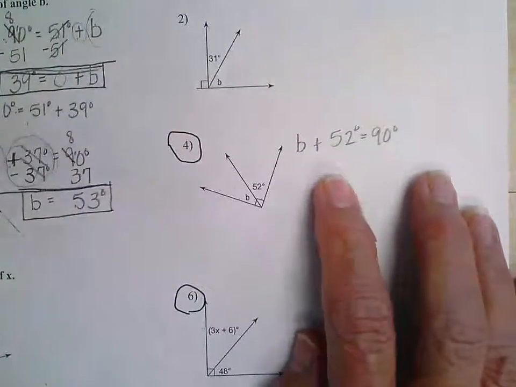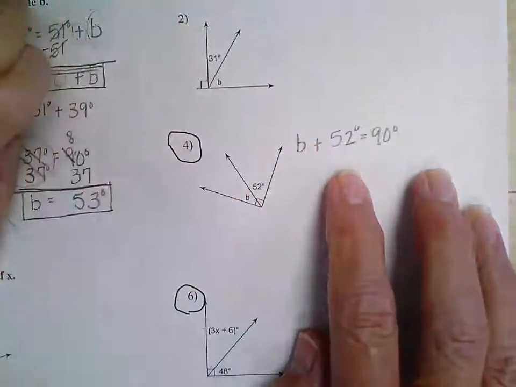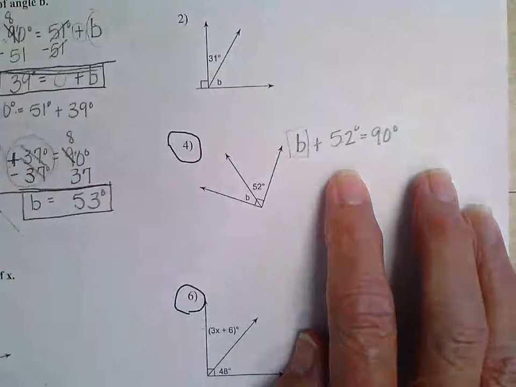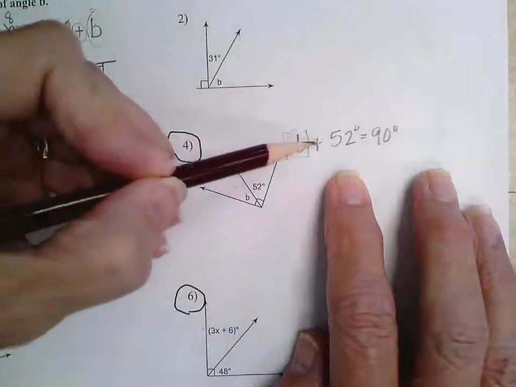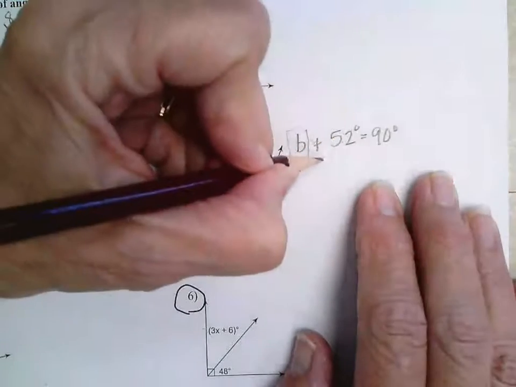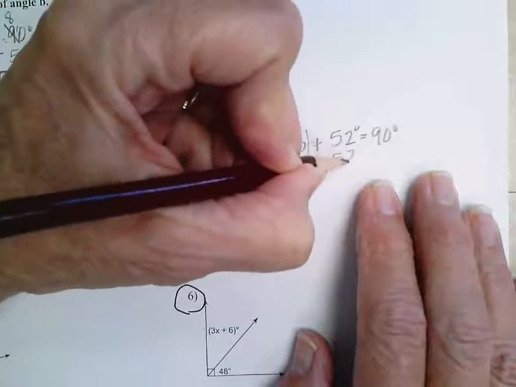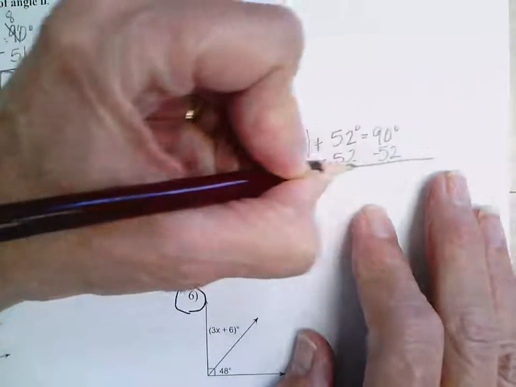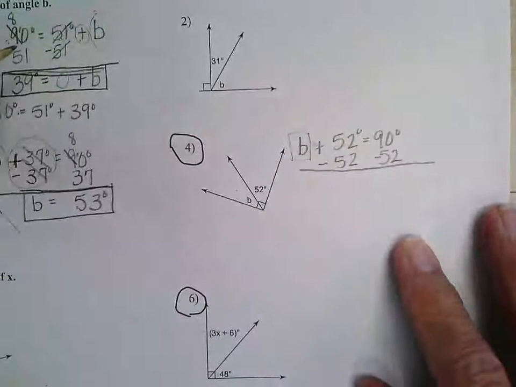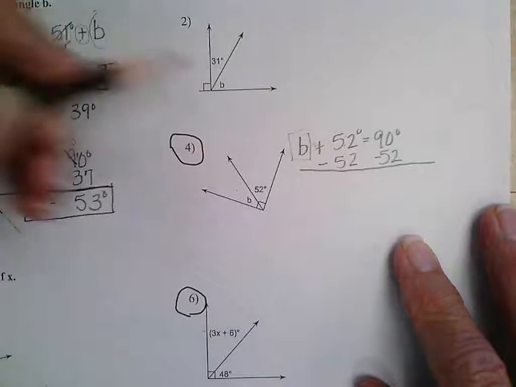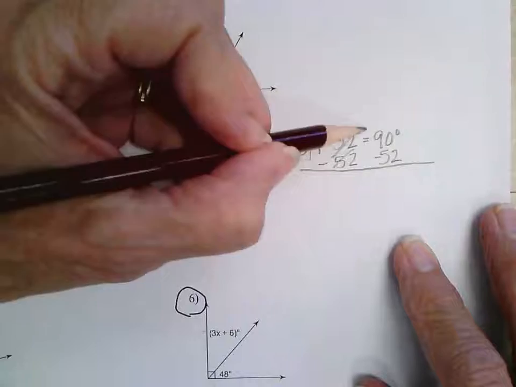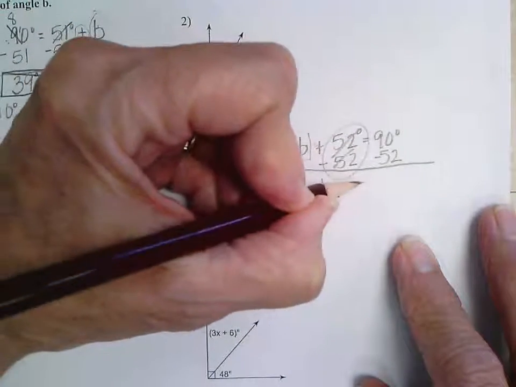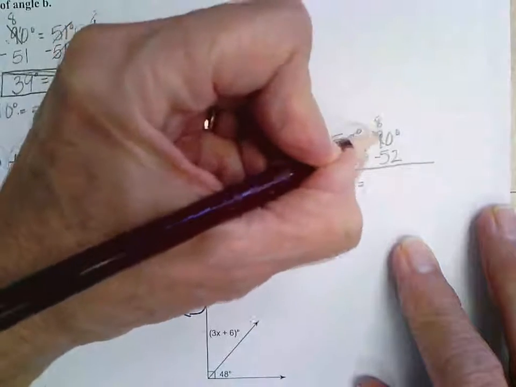And again, I'm adding 52 right here, so to isolate my b and find out what the value of that is, I want to do the inverse operation. So I'm going to subtract 52. And my rules in math tell me if I do something to one side of the equal sign, I need to do it to the other side of the equal sign. Those are going to equal 0. I bring my b down, and I have